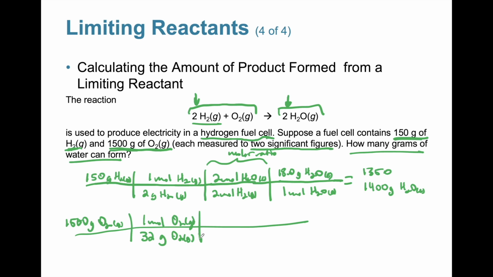Right? And now I've got to do the molar ratio. This is a different molar ratio now. 1 mole of oxygen for every 2 moles of water. So for every 1 mole of O2 gas, I get 2 moles of H2O liquid. And then now the same thing as before, I got to convert those moles of water to grams of water, and so that's 18 grams of H2O